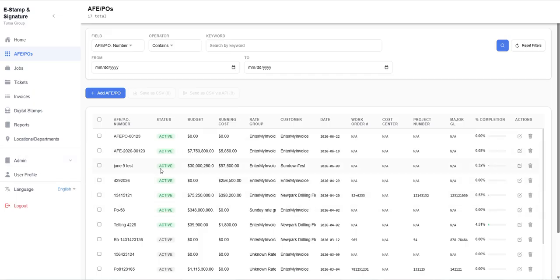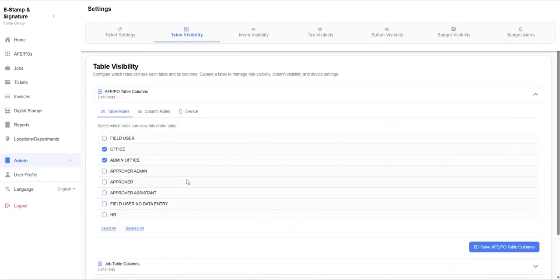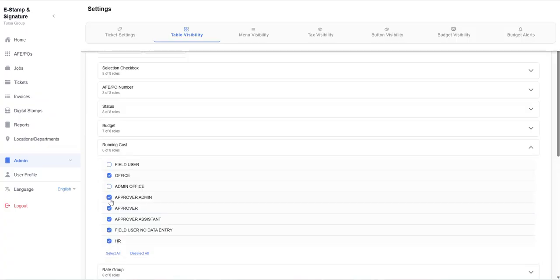Now, you can also manage the tables by columns. So, for example, some companies don't want their staff to have access or to be able to see budget and running cost, basically all of the dollar values. So to control that, you can go to the column rows here. And for example, running costs, we're going to uncheck mark the admin office, which is the user that I'm currently logged in as. So I'm going to uncheck mark the admin office and just leave the office for them to see